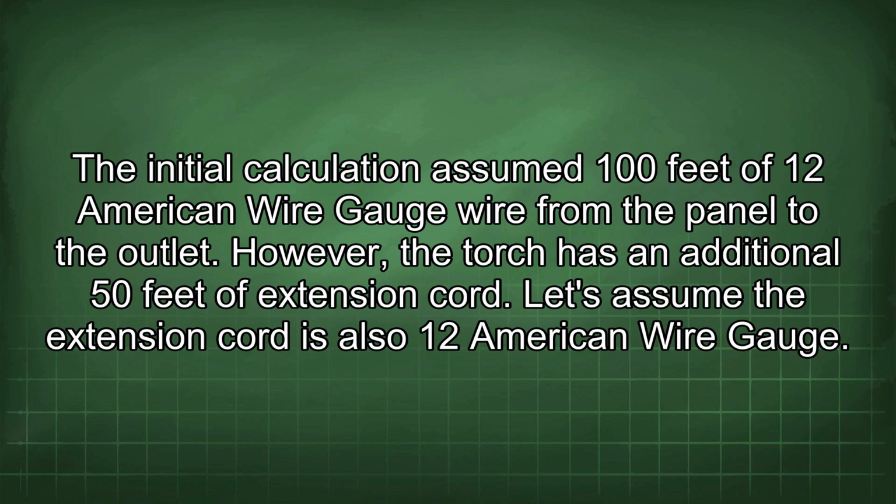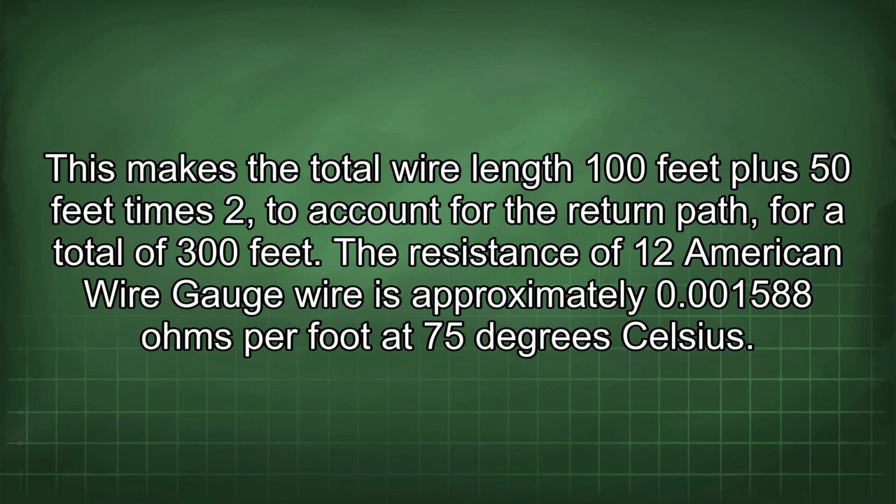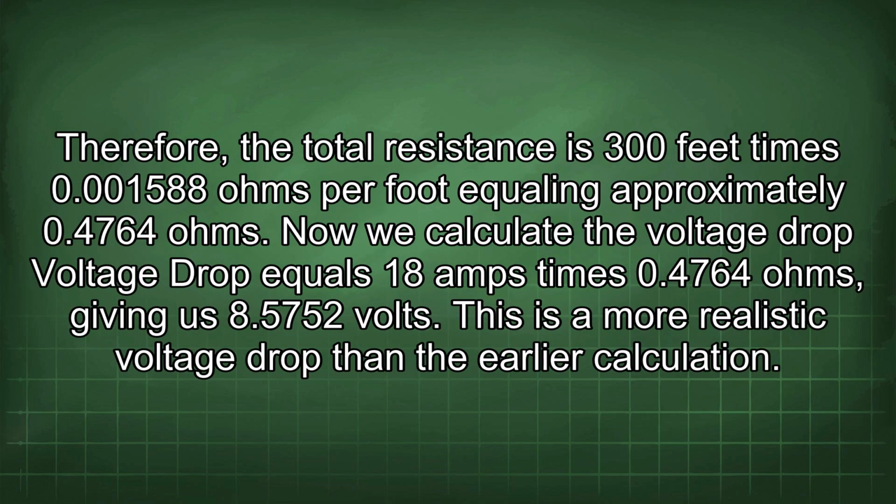Let's assume the extension cord is also 12 American wire gauge. This makes the total wire length 100 feet plus 50 feet times 2 to account for the return path, for a total of 300 feet. The resistance of 12 American wire gauge wire is approximately 0.5088 ohms per foot at 75 degrees Celsius. Therefore, the total resistance is 300 feet times 0.1588 ohms per foot, equaling approximately